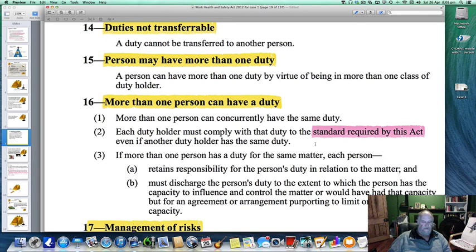If more than one person has a duty for the same matter, each person retains responsibility for the person's duty in relation to the matter and must discharge the person's duty to the extent to which the person has the capacity to influence and control the matter, or would have had that capacity but for an agreement or arrangement purporting to limit or remove that capacity. Now,